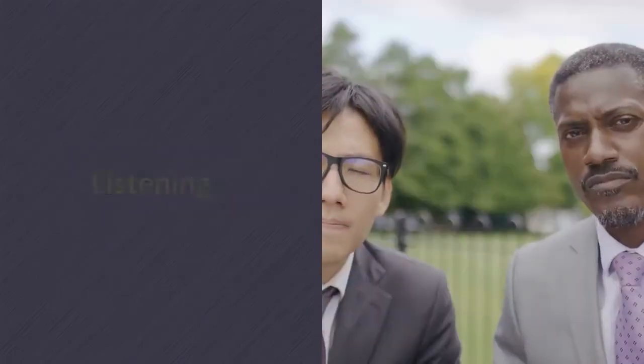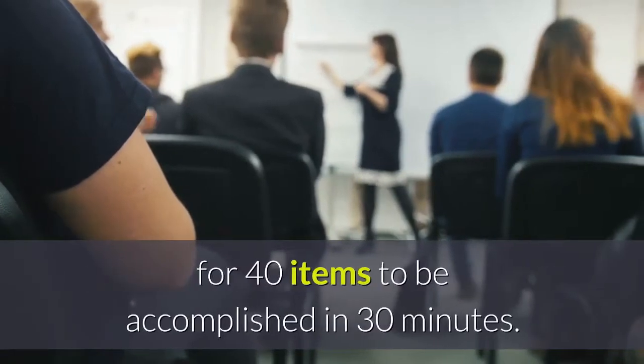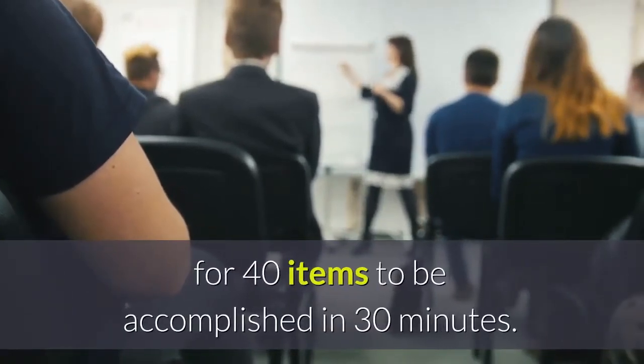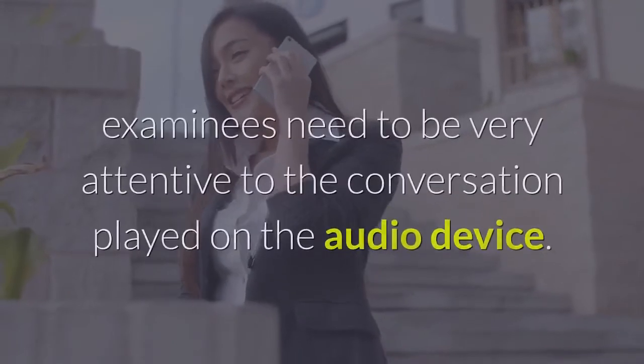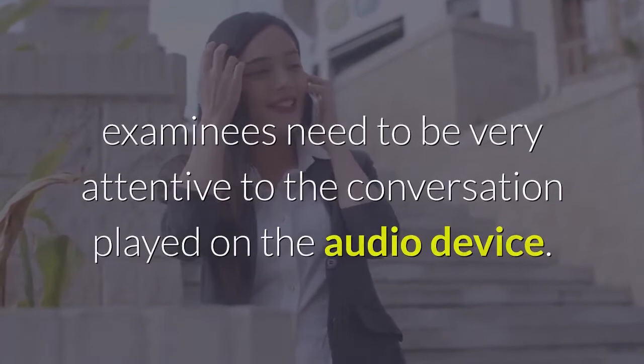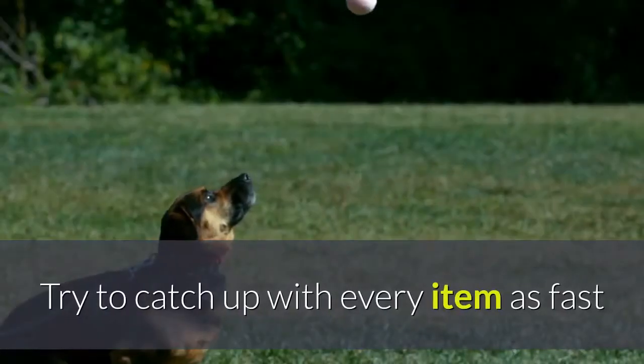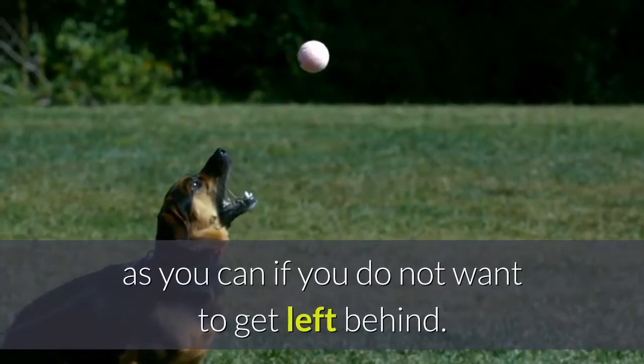Listening. The listening module or the first part of the exam has 4 sections for 40 items to be accomplished in 30 minutes. For this part of the test, examinees need to be very attentive to the conversation played on the audio device. There will be no repetition, meaning the test takers are not allowed second chances. Try to catch up with every item as fast as you can if you do not want to get left